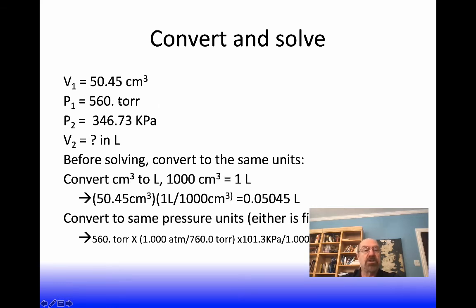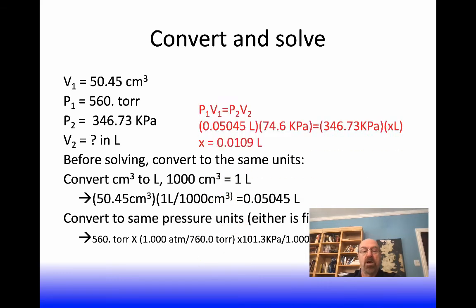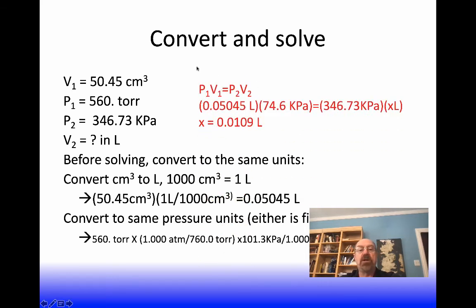That's what this 560 torr is, okay? So we know our initial pressure, we've converted our initial volume to liters, and we know our final pressure in kilopascals. So now let's figure out how to solve this and come up with our final volume. There's our equation, P1V1 equals P2V2. We're solving for V2, so P1 and V1 will be divided by the second pressure. Here is our initial volume, our initial pressure, our final pressure, and we're trying to find X liters. When we take this product and divide it by 346.73, our final volume is